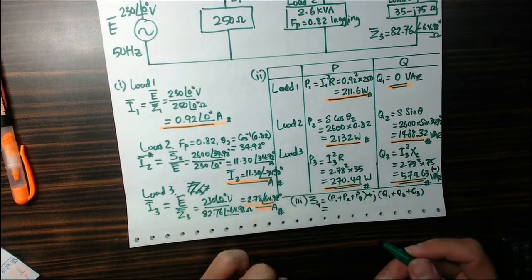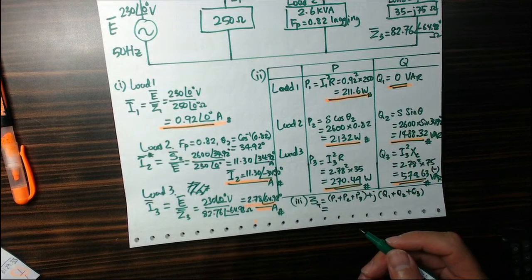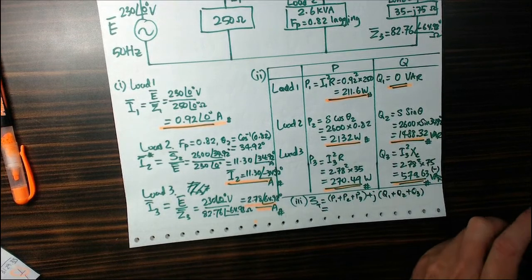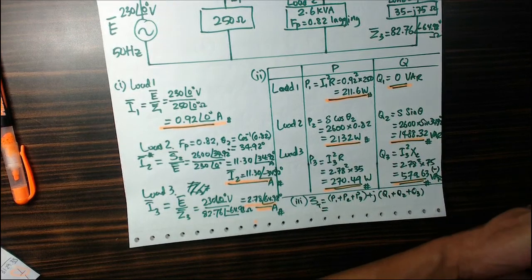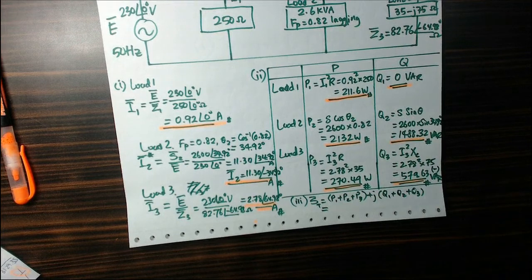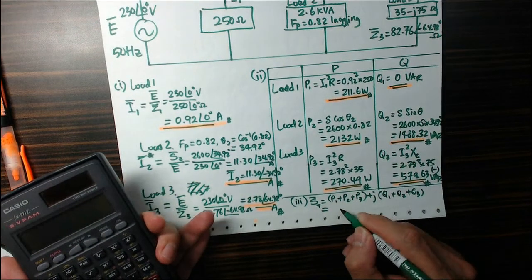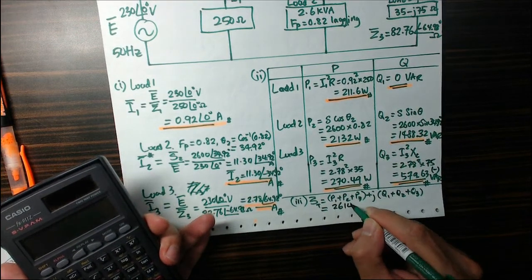So when I do that, I can add them up. What I do is I get P1, 211.6, plus 2132, plus 270.49. I will get 2614.09, so 2614.1